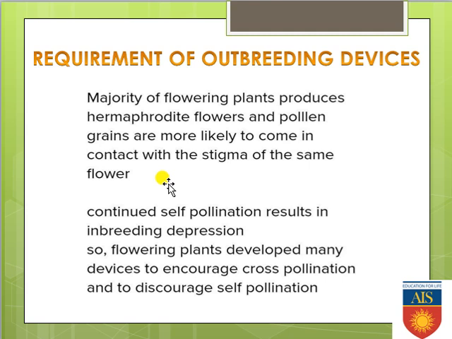That means if continuous self-pollination happens for 4 to 6 generations, it will be found that whatever new plants are originating, there are no new features actually coming, because the reproduction is happening only in the same kind of genetic material. Always, when pollination is restricted within the same flower and the pollen grain of the anther is transferred to the stigma of the same flower, the pollen grain, the stigma, and within the ovary the egg and polar nuclei are all containing the same kind of genetic material.